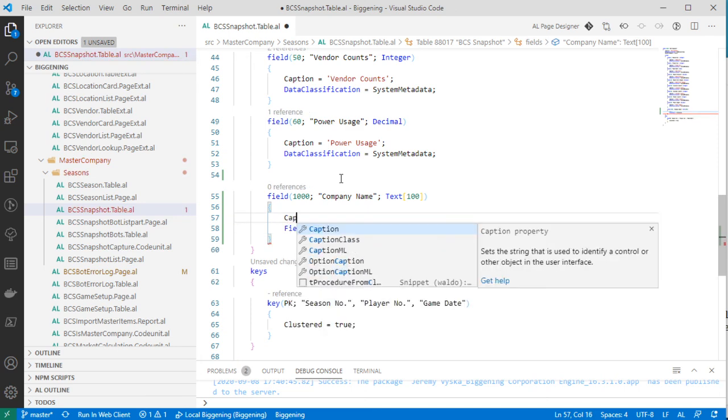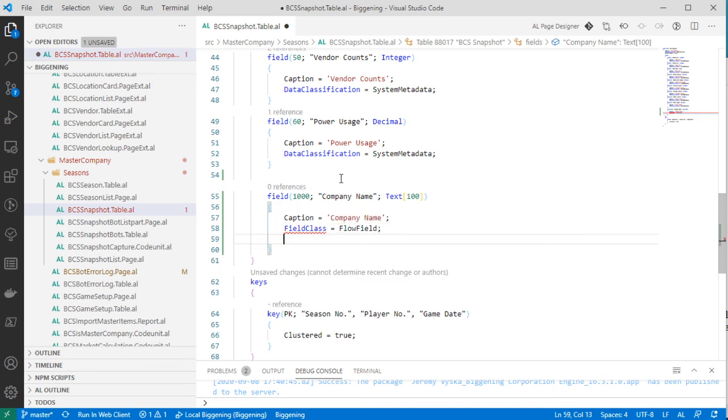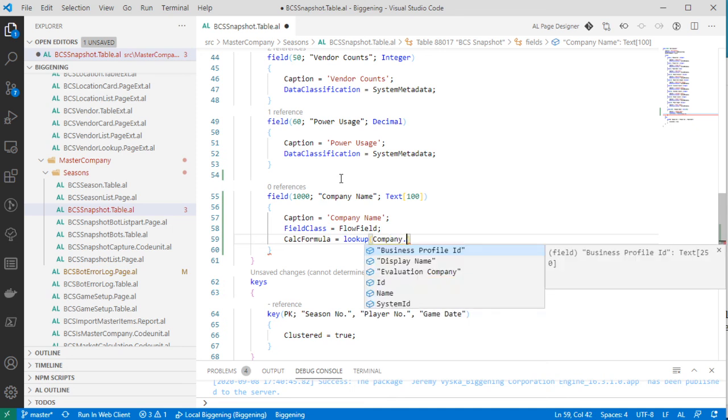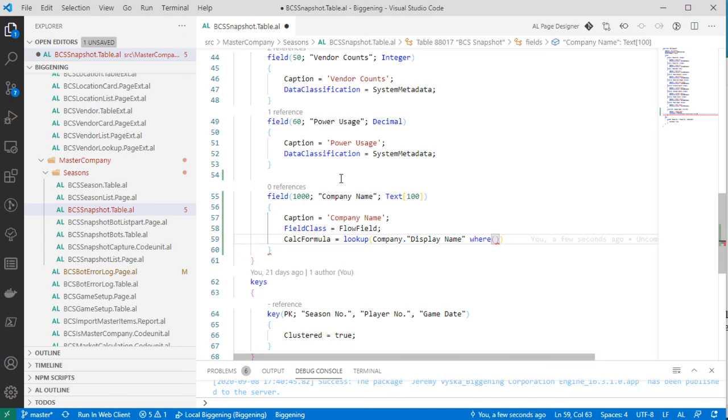Let's see, and the caption is also company name. And we are going to do a calc formula. Let's look up to company dot display name, please. Where, oh, we can't do a lookup. Gosh darn it. I don't think we can do this the way I'm hoping we could, because the display name